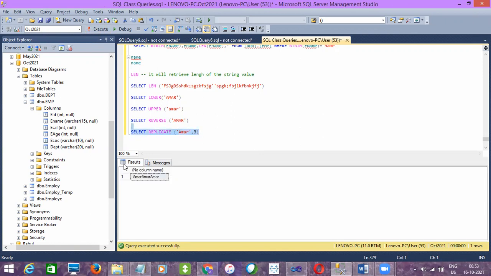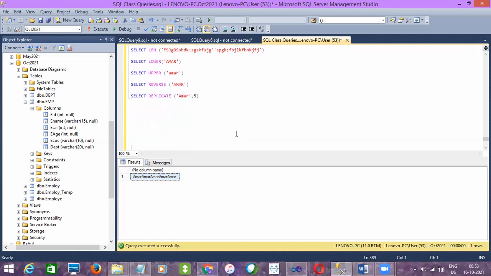So if I give 3, it will replicate it 3 times. The same value it will display 3 times. If you mention 5, the same value will be returned 5 times. Okay, that is replicate. So that's about the string functions.